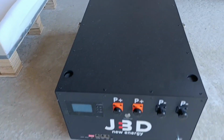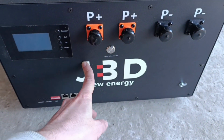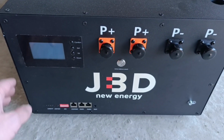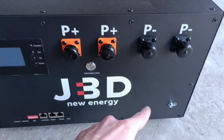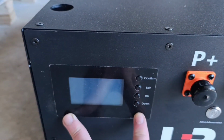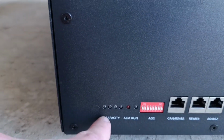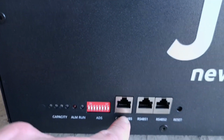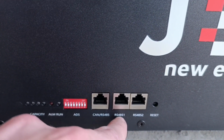And let's see the front panel. So what do we have here? First of all, the same sticker, which you can undo if you don't like it. You can put your own brand, whatever. It doesn't matter, literally. But I like this brand, so it looks nicely done. No issues with that. The earthing cable, same stuff. Absolutely the same screen, no changes. Absolutely identical: same lights for capacity, ALM and run, same ADS stuff, same CAN, RS entry, Ethernet entry, inputs,